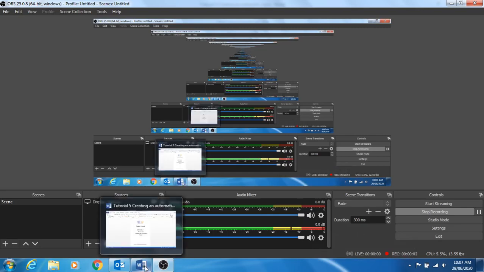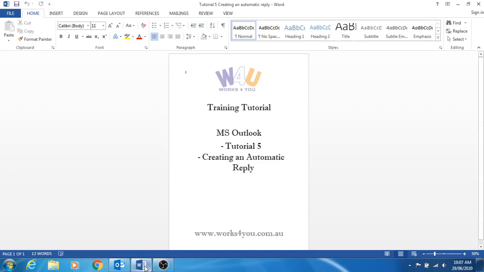Hi everybody, today we're going to be continuing with tutorial 5 Microsoft Outlook. We're going to be looking at creating automatic replies. This is quite a useful function. You'll find that a lot of organizations use this